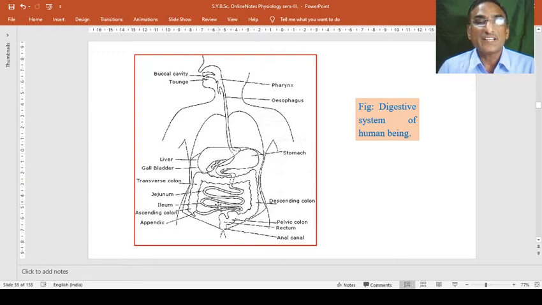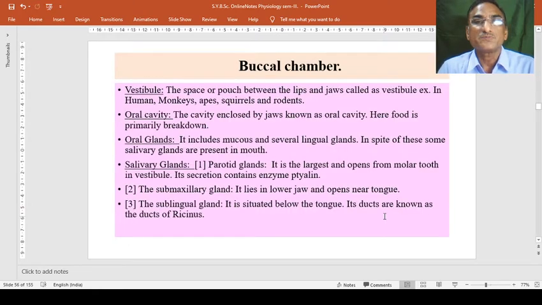Along with this alimentary canal, the associated digestive glands are also present, like the liver, gallbladder, pancreas, and spleen, all these organs helping to digest the food material. In the stomach, gastric juices are secreted from the wall of the stomach, and in this way the digestive actions are carried out. In the intestine, some unicellular intestinal glands also take part in the digestion of food material. So this is about digestion in mammals or human beings.